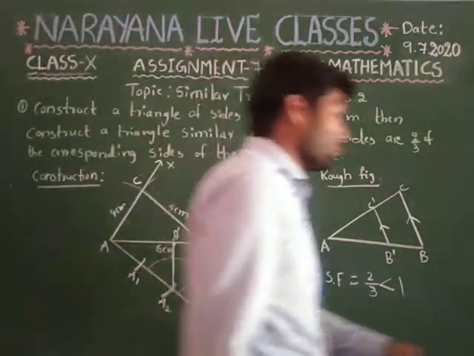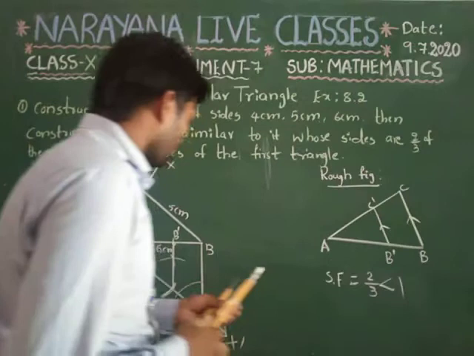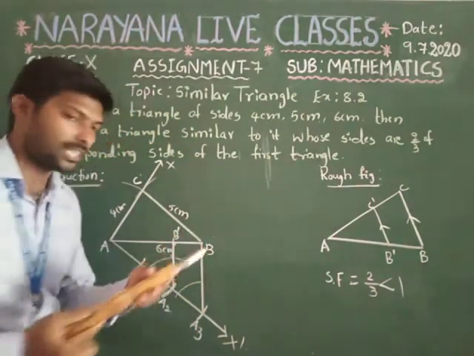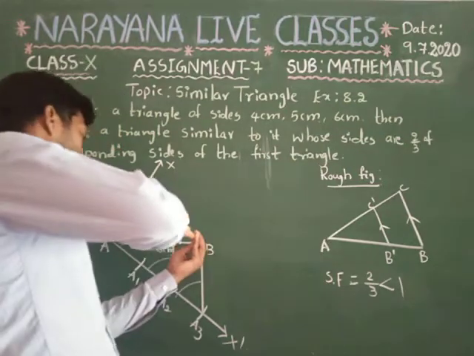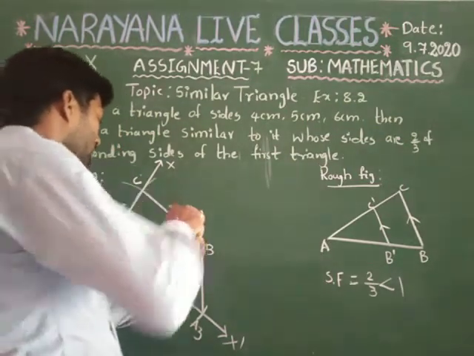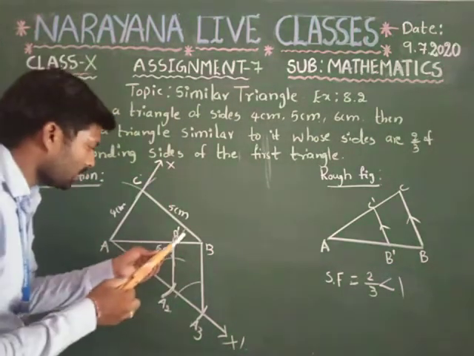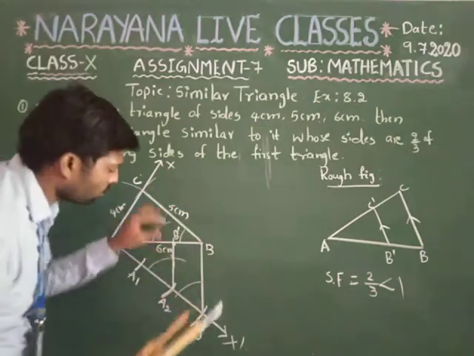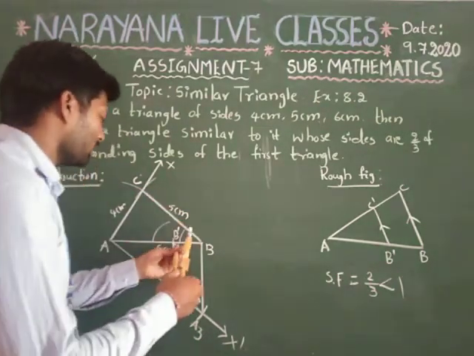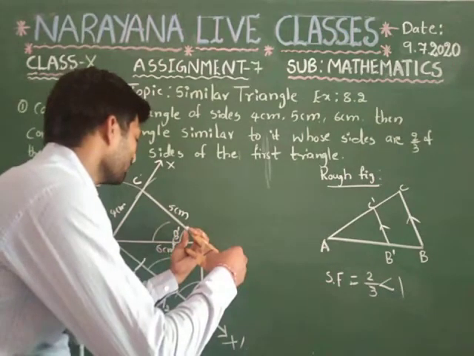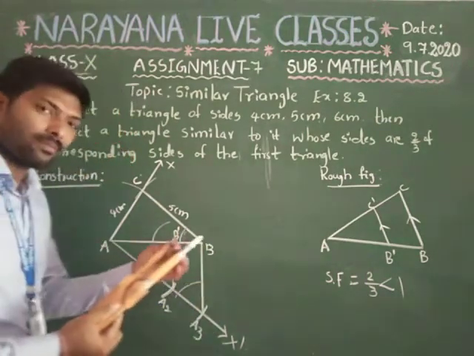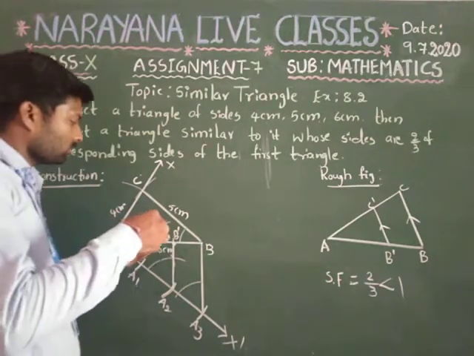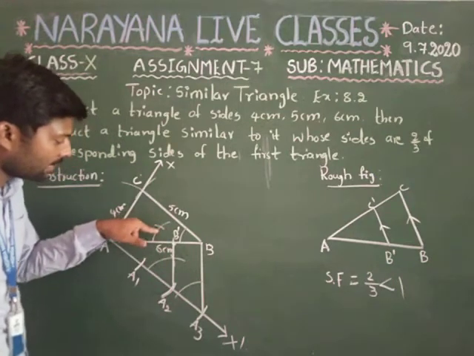The same construction you have to do in order to draw a parallel line. So better to take this much as a radius and draw one arc by taking B as a center. Again with the same radius, take B dash as the center and draw an arc. Now you have to see how much difference from here to here. Let's take this much as the difference. Again with the same radius difference, take this point as the center and draw an arc. Now these two intersect at one point.